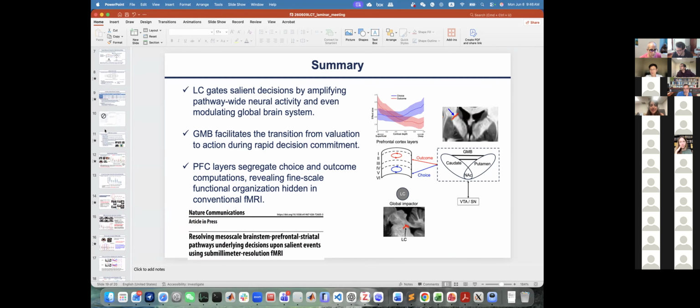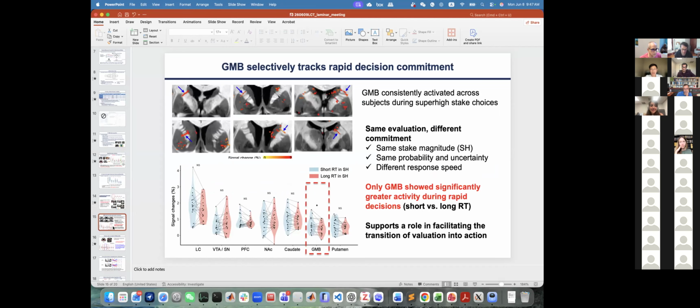Thank you for the great talk. I just wanted to know if you have looked at the reproducibility between sessions of the same subject for the gray matter bridge. Was it reproducible in a single subject, location-wise? Each subject was scanned only once. Because for those tasks, if you scan a second time, the stakes are super high, so it would change the behavior. You cannot repeat.